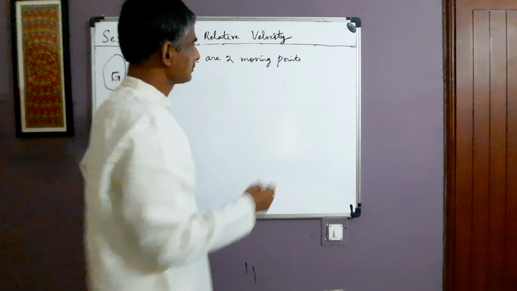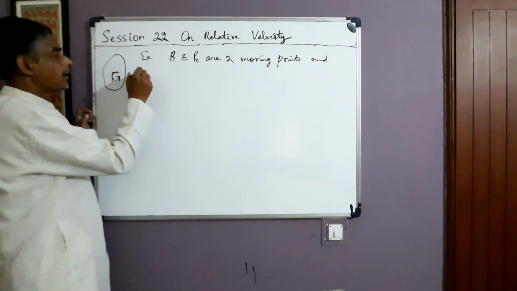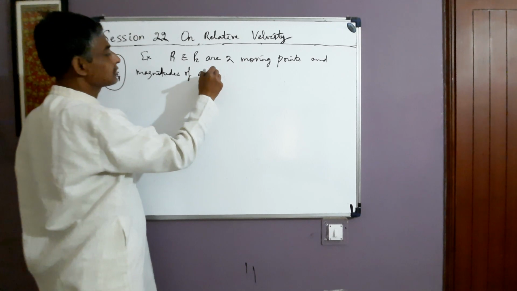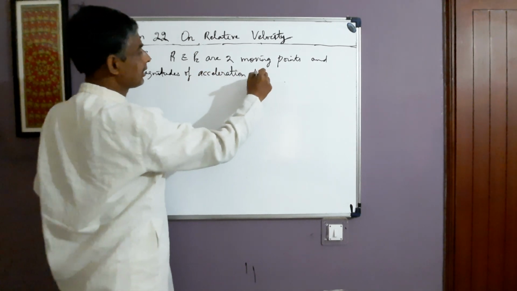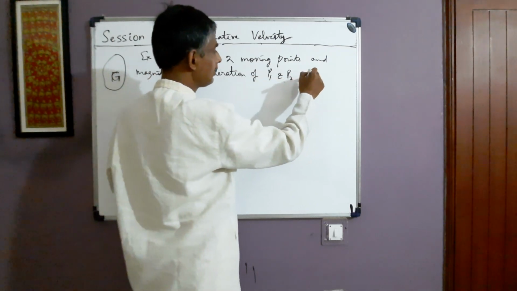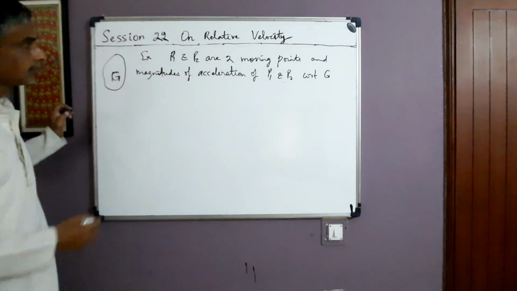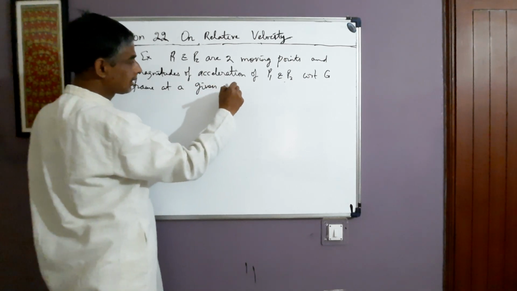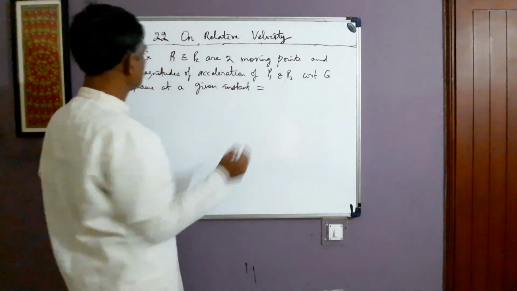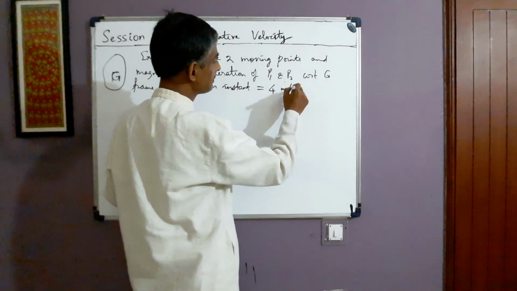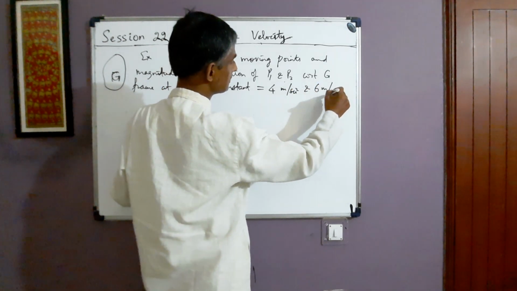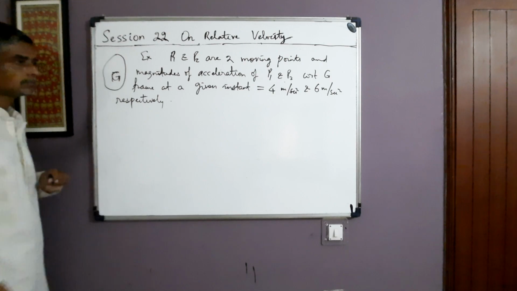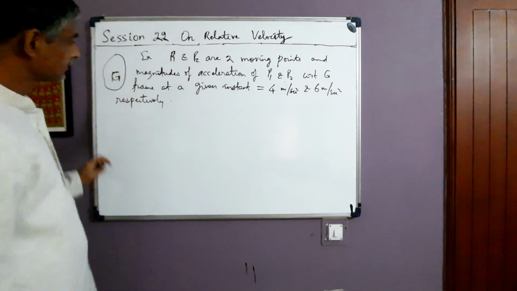with respect to ground, okay, and magnitudes of acceleration of P1 and P2 with respect to G, meaning ground frame, at a given instant is equal to 4 meter per second square and 6 meter per second square respectively. These accelerations are with respect to ground frame, and